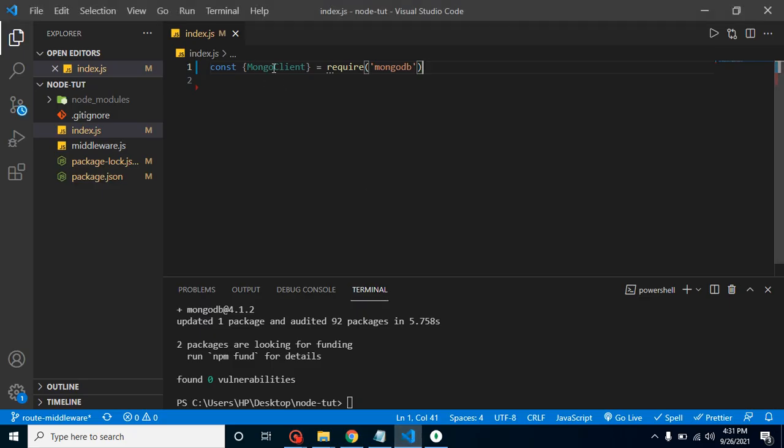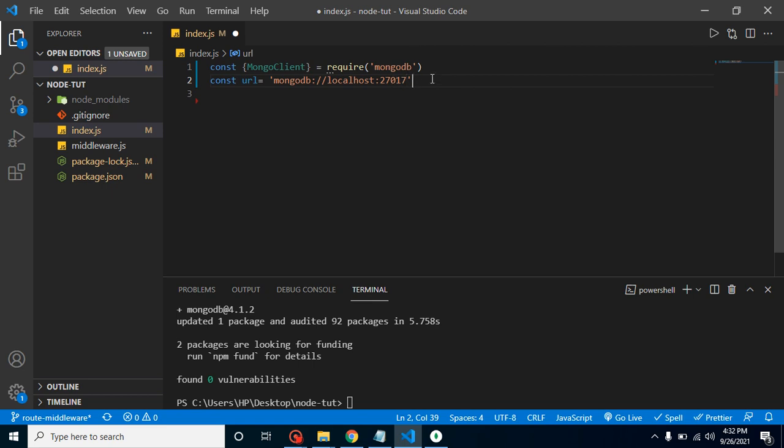What MongoClient will do, it will help us to connect Node.js with the MongoDB. How? I can tell you. To connect Node.js and MongoDB, we must know where our MongoDB is actually running. So let's take a constant url, and let's simply put here mongodb://localhost:27017.